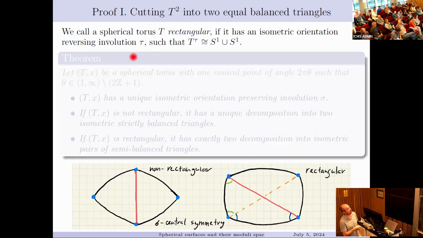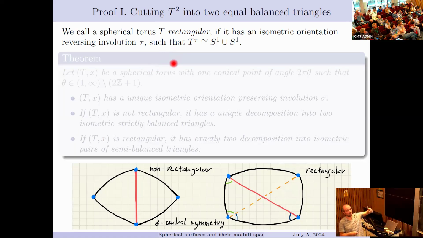So the second part of the proof is the claim that every torus can be glued from two balanced triangles. So this is the claim. But before stating it, I will give a slightly more advanced statement. So you see, if you have a torus, it might happen that the torus has an isometry,